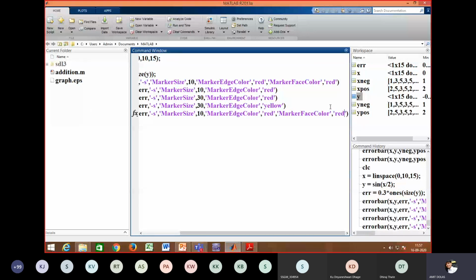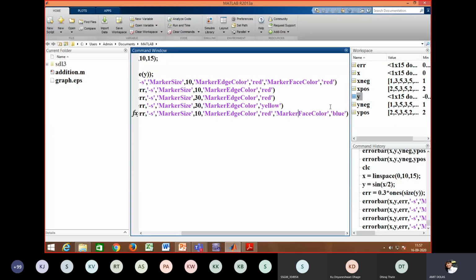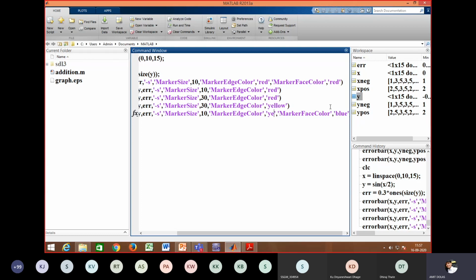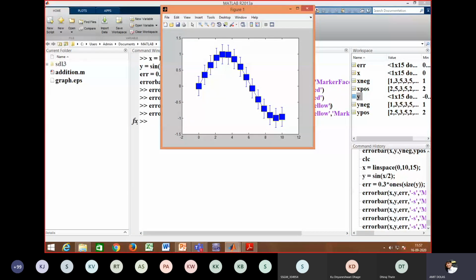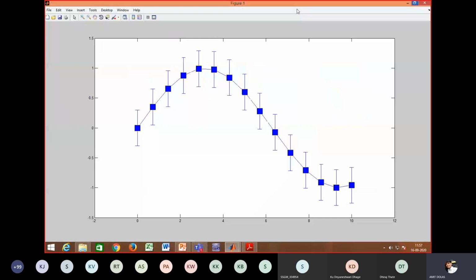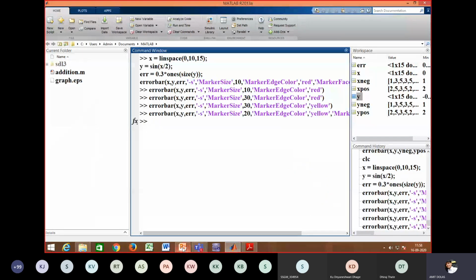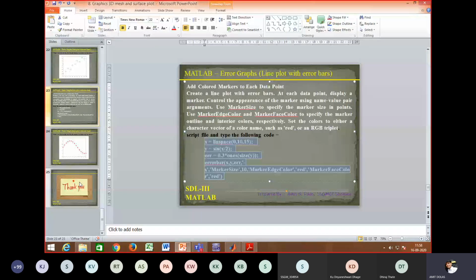It can be filled with a certain color. So I'll change here, say blue is fill, yellow is marker color, and size I will change to say 20. And if I enter this, you can see the graph is changed. So such kind of arguments you can use while drawing the plot.